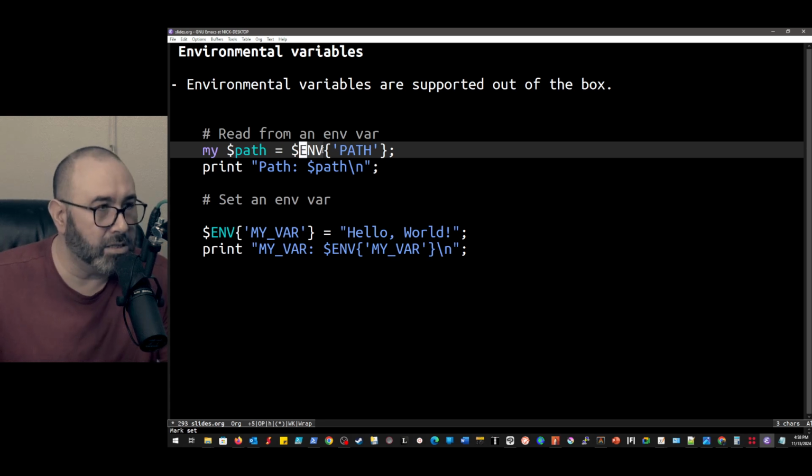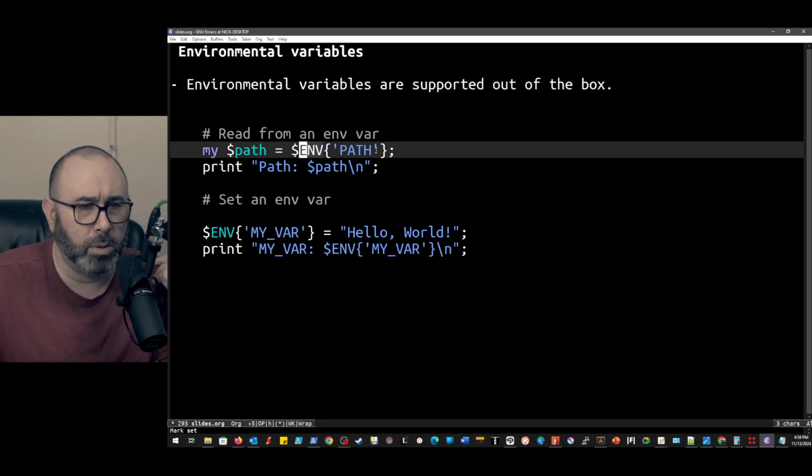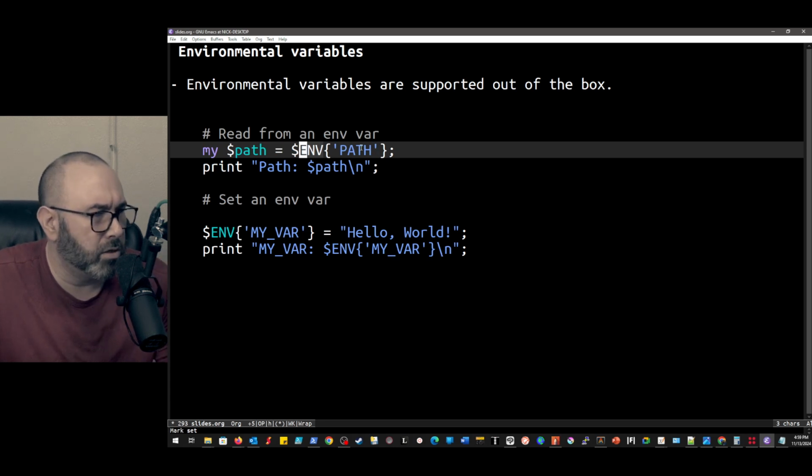And this is the kind of stuff that people talk about when they say Perl is difficult to read, right? They'll look at this and say, what are we setting? How is this working, right? Where is this value being defined? Where's this value coming from? Like maybe path was never defined earlier, right? So we're going to define a local version of path that's referenced ENV path. But where's ENV path?